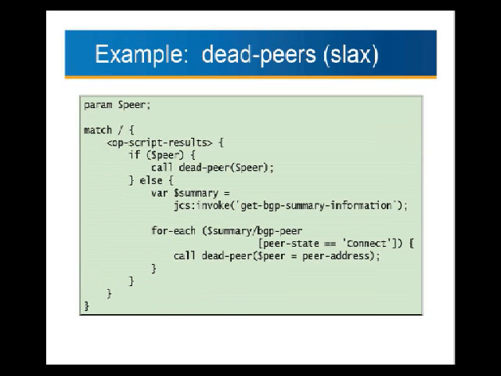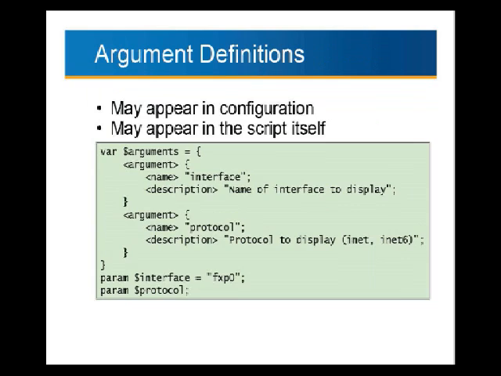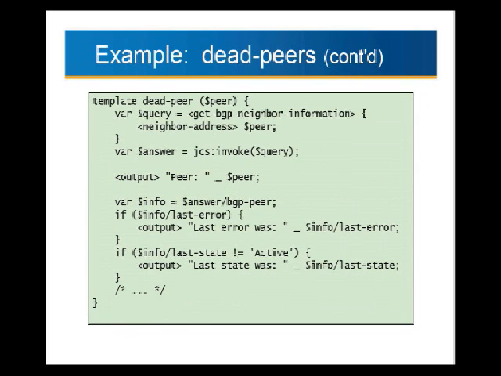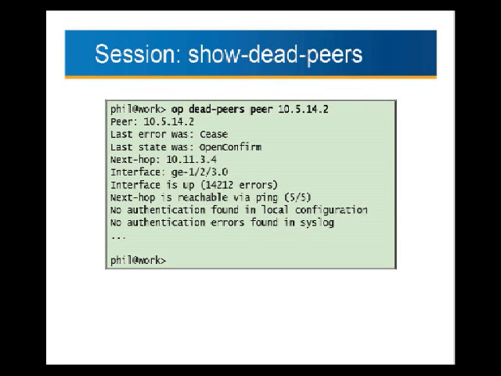So here's an example, a dead peer script. You can either provide it with a peer or it will do a BGP peer summary information RPC, get back the result, look for every peer that's in the connect state, which is the state that BGP returns to when a connection fails. It will call dead peer for that state. Whoops, wrong direction. The dead peer template does a get BGP neighbor information, looks at the state that's returned, reports the error, the last error, the last state, and then it performs more operations than I can fit on a slide,